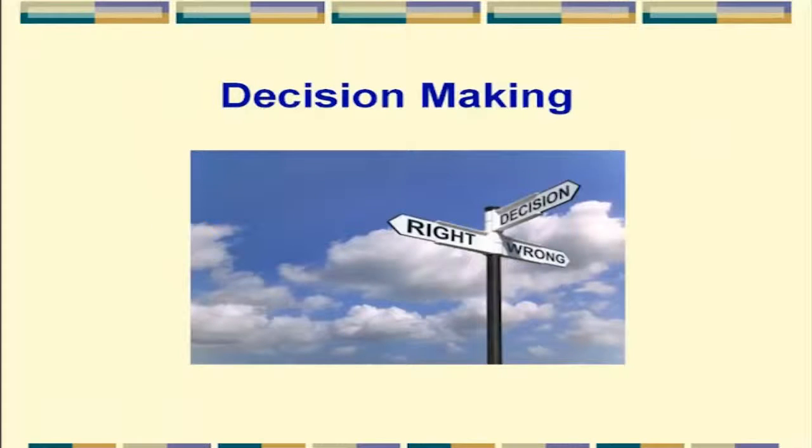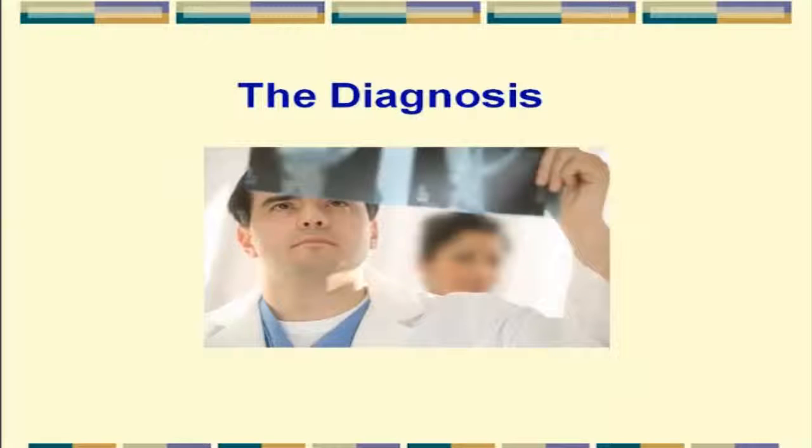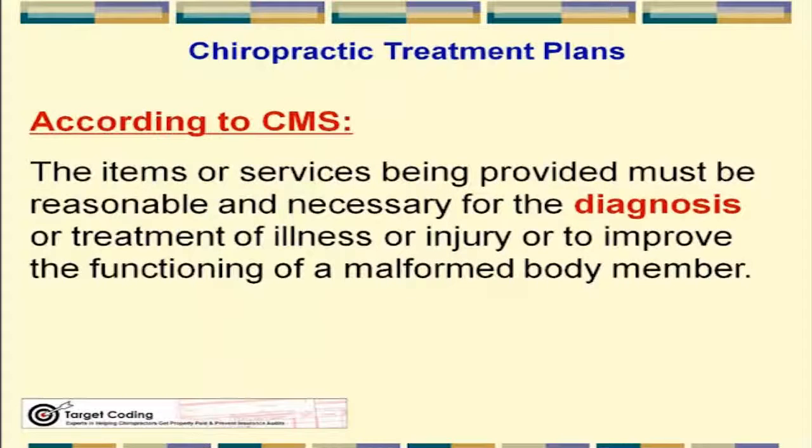After the exam and the history, then you have to go through some decision making to come up with a diagnosis. According to CMS, the definition of medical necessity includes that the items or services being provided must be reasonable and necessary for the diagnosis. So your diagnosis must also link to the procedures that you're doing. It's not enough to pick a diagnosis just because it seems right. Your diagnosis should have validity, should be substantiated by your documentation. The clinical rationale for choosing a diagnosis must be in writing and entered into the notes. Your diagnosis must be accurate,